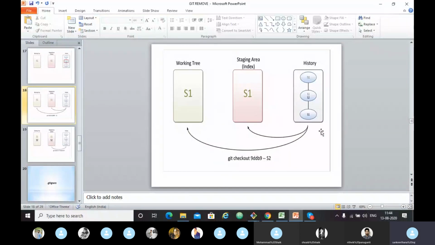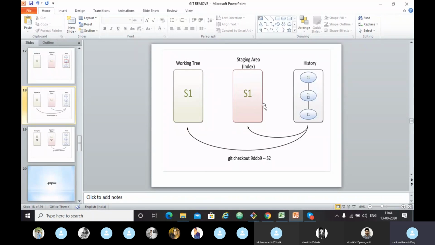We restored it from the history and placed it in the staging area and the working tree. What the git rm command does is delete the file from the working tree as well as the staging area. With git checkout, you place it in those two areas.